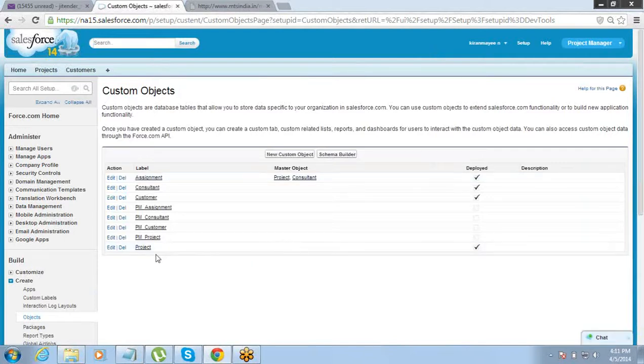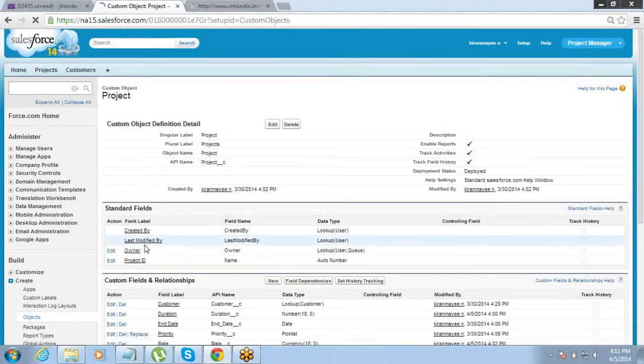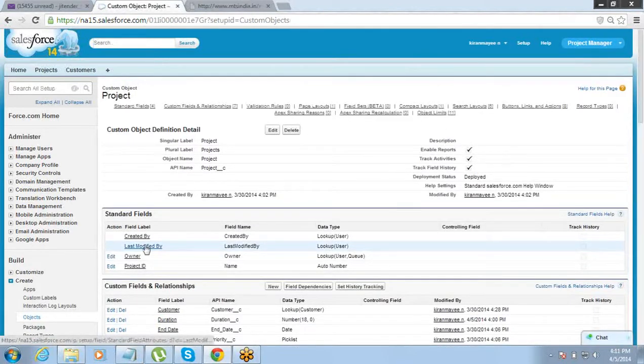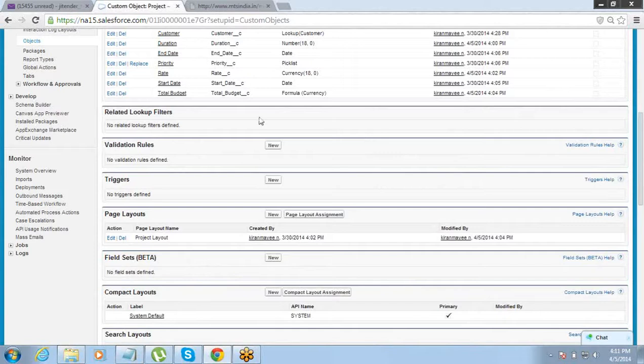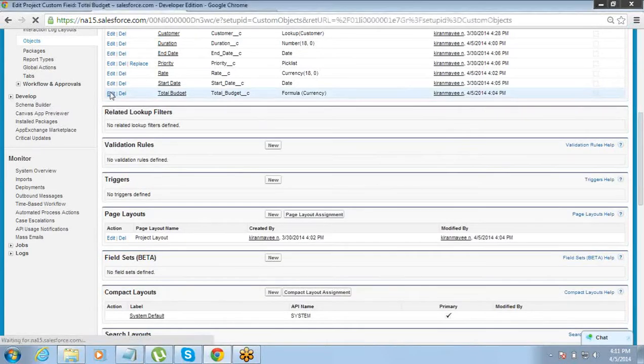We just have to go to the project object, and we already have that field for the total budget. We'll just go and edit it this time, and we will put an if logic there.